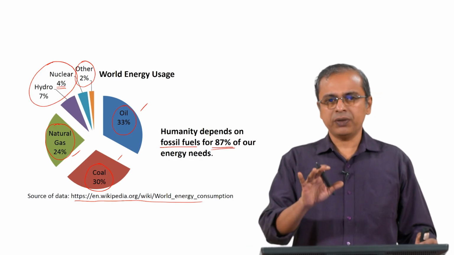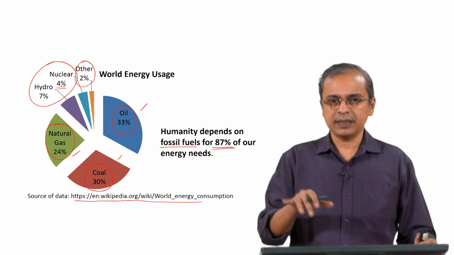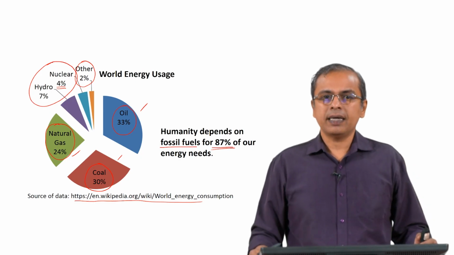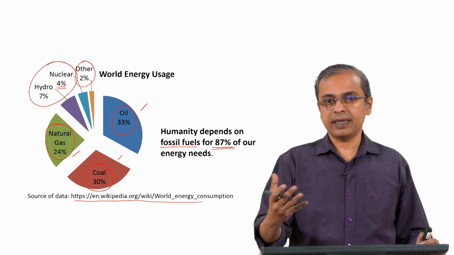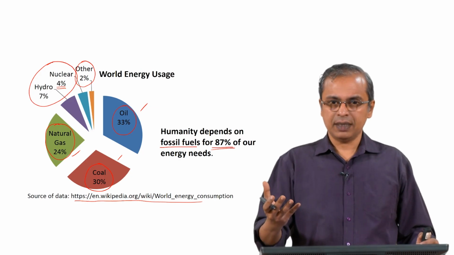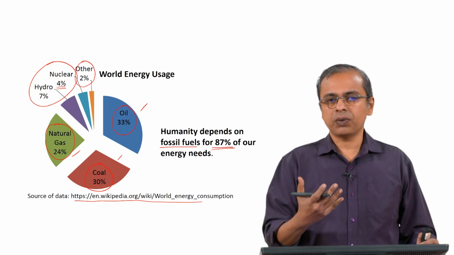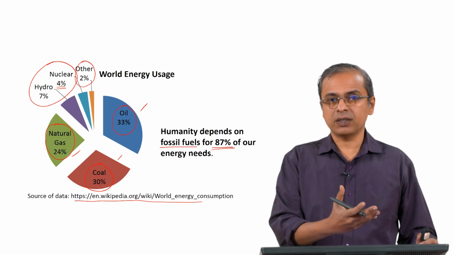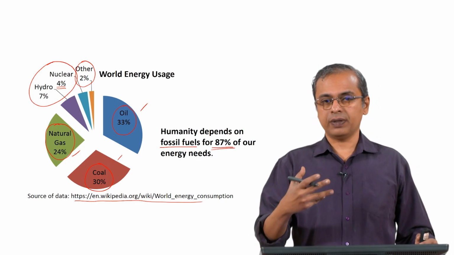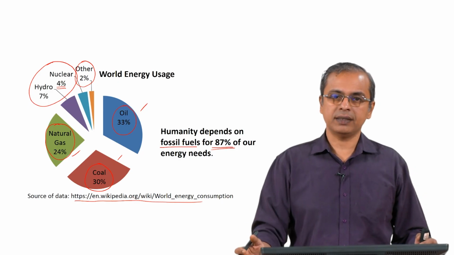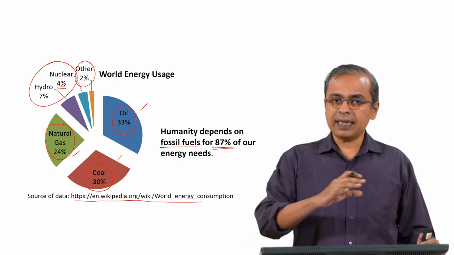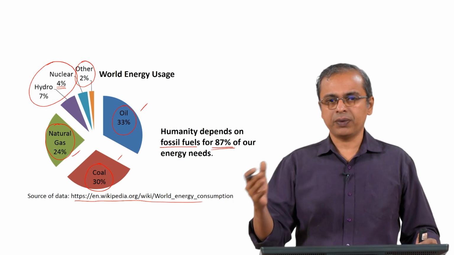I will also point out that this is a world energy usage kind of pie chart. If you actually go to each individual country, you will find that there are differences. Although broadly you will see this kind of trend, what we see as the 2% may actually be a larger chunk of the pie chart of their energy supply. So that can vary quite significantly from country to country.